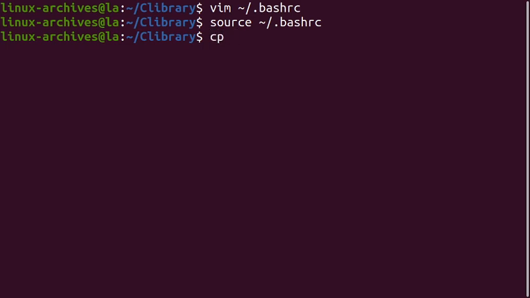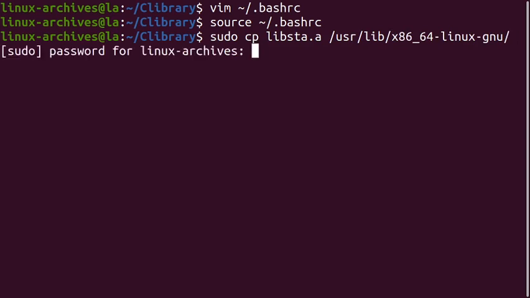We would copy the static library, we need to use sudo, to /usr/lib/x86_64-linux-gnu. The file has been copied.